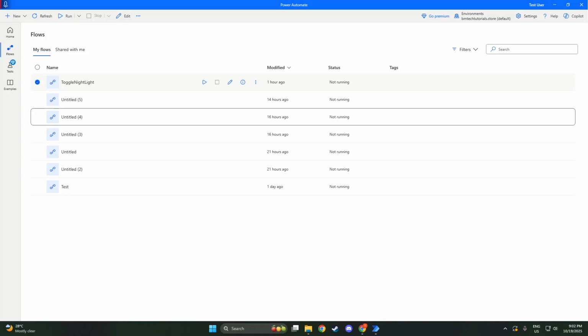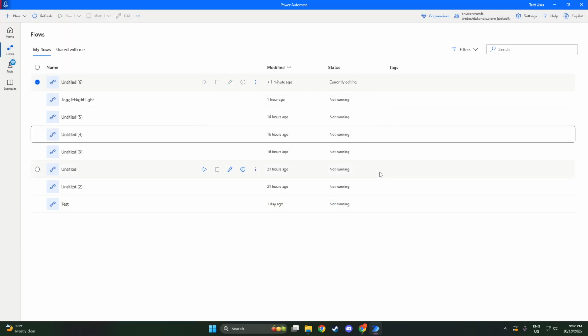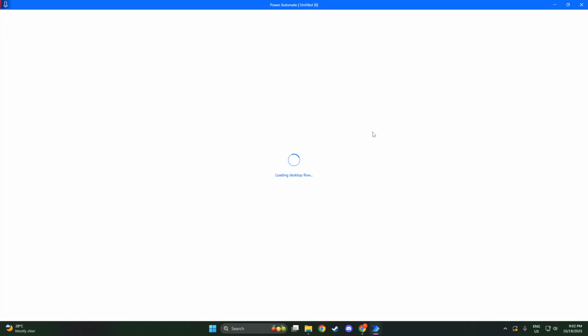In today's video, I'm going to teach you how to use PowerShell in Power Automate Desktop. Power Automate Desktop gives you the ability to harness the strength of PowerShell scripting directly within your desktop flows, all thanks to a special feature called the Run PowerShell Script action. This powerful tool allows you to not only execute simple commands, but also handle more advanced scripting tasks, all seamlessly integrated into your workflow. So, let's dive into this step-by-step guide and see exactly how you can make use of